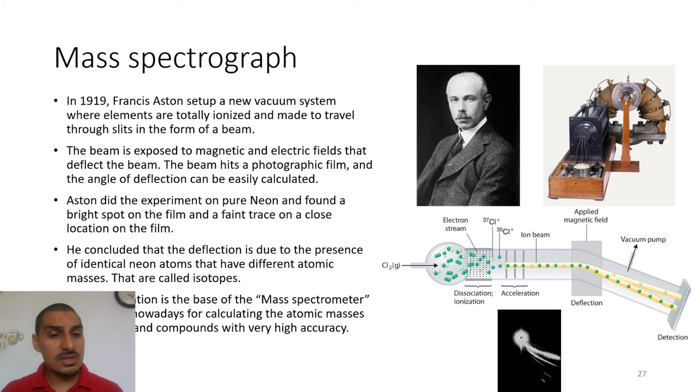So it was a breakthrough at that time because it gave very accurate results, and he did it for many elements. And the reason it was a breakthrough is that in all the cases he used very pure elements, so he could get accurate results. But in some cases, like chlorine and neon, mainly neon the first time,